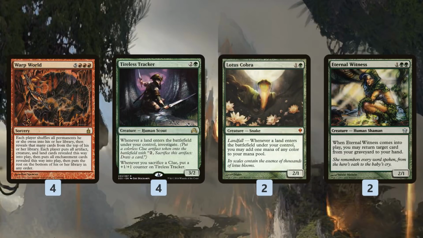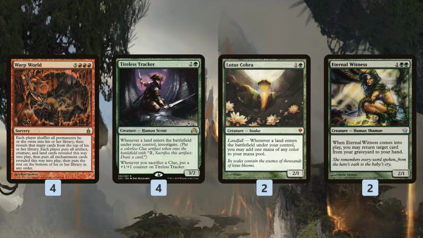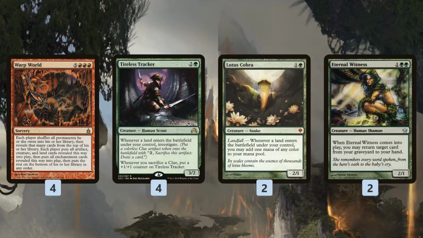So Tireless Tracker is step 1. Once we Warp World, we put, let's say, 15 permanents on the battlefield. Hopefully one of those is Tireless Tracker. Tireless Tracker enters the battlefield. Then we also get all the lands from Warp World. So let's say we have 8 lands enter the battlefield. That means we're going to get 8 clue tokens with Tireless Tracker, which are 8 permanents for our second Warp